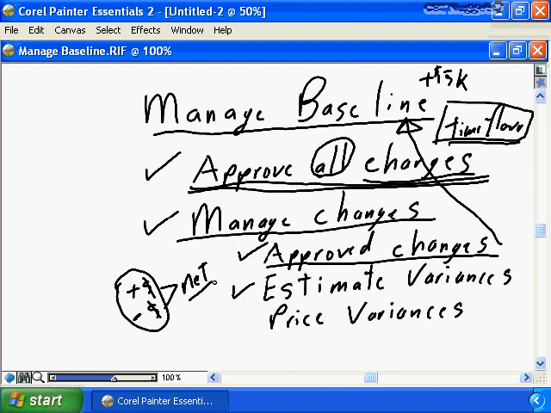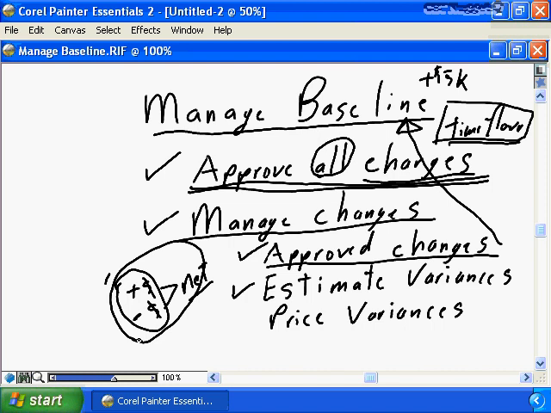Remember what an estimate is? An estimate is your very best guess. Yes, it is a guess. An estimate is your very best expectation guess of how long, how much labor it's going to take to do each and every element of your project. Therefore, there will be variances. You need to manage the variances. That's the key. You need to manage the variances, the pluses and the minuses on the estimates, and at an